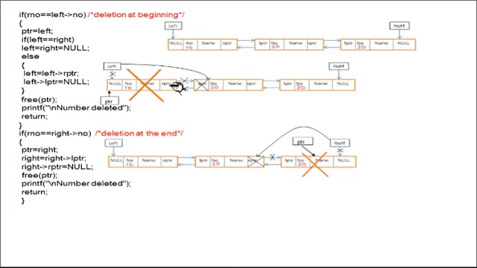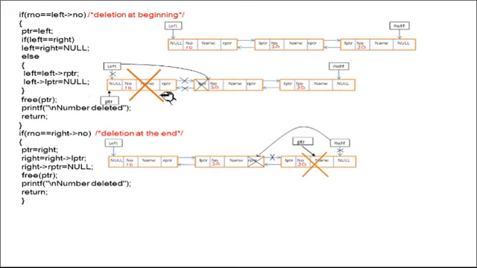If you place this pointer, then this address will directly point to the second node, because after deleting this one, the left pointer should point to the second node, because after deletion the second node will become the first node. That's why left always points to the leftmost node. So left equals left of RPTR. And left of LPTR, so now left is pointing to this one, left of LPTR means this one, so that equals null. So that is a null pointer.